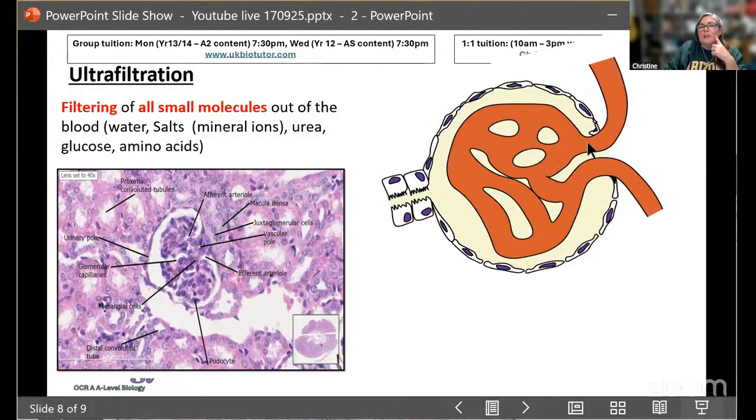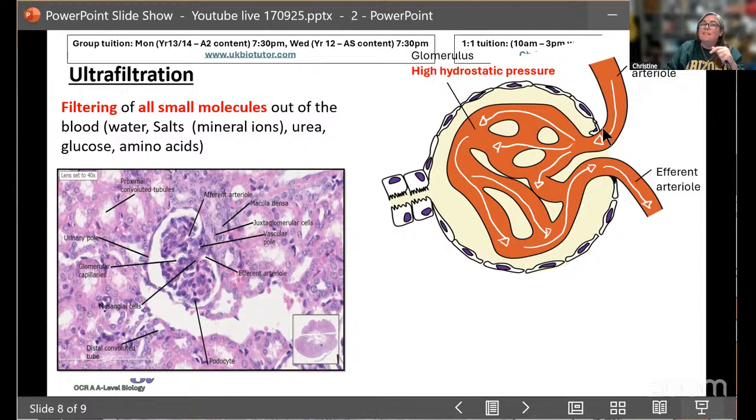So what does it actually look like? What you've got here is my blood vessel, which is going to be pushing blood down into this ball of capillary, and that's what's known as the glomerulus. So we have an afferent arteriole, an arteriole that leads to the glomerulus, which is this ball of capillary. I've got this afferent arteriole, which is the bit before the glomerulus, and then what's going to happen is